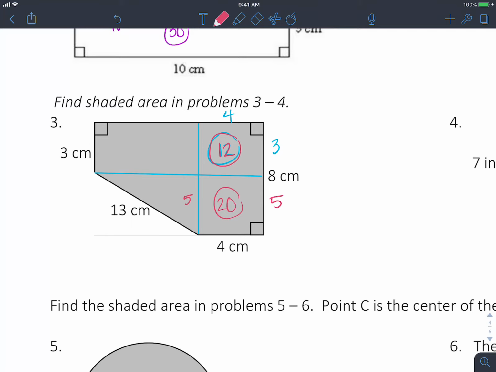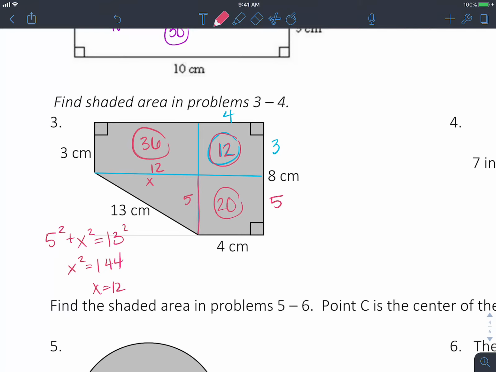That 5 is also going to be the height of this side of our triangle. So then we're going to have to use our Pythagorean theorem to find that x. So we're going to have 5 squared plus x squared equals 13 squared. So x squared is going to be 144. And x is 12. So this one has a width of 12, or the triangle has a height of 12, which makes this piece